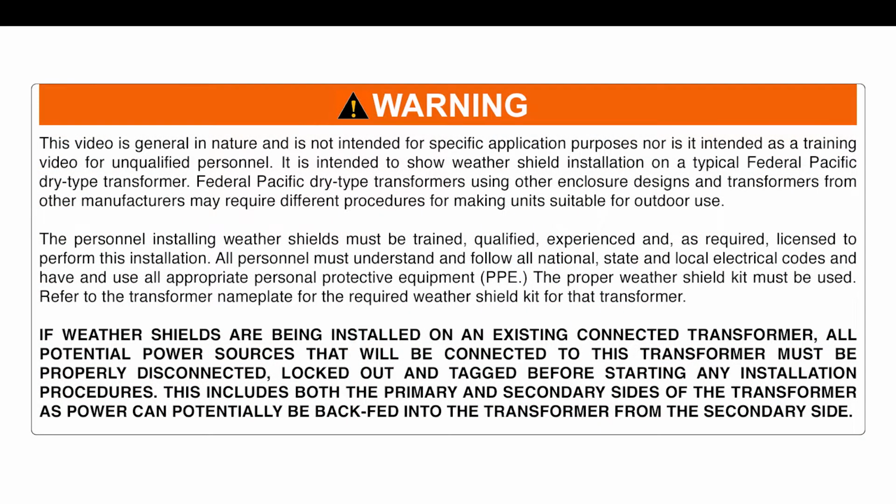This video is general in nature and is not intended for specific application purposes, nor is it intended as a training video for unqualified personnel. It is intended to show weather shield installation on a typical Federal Pacific dry-type transformer. Federal Pacific dry-type transformers using other enclosure designs and transformers from other manufacturers may require different procedures for making units